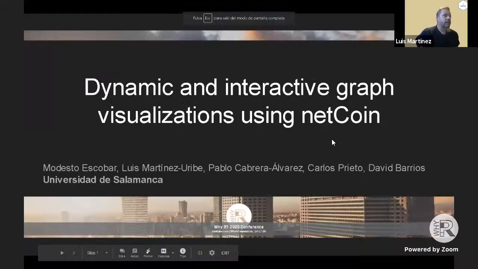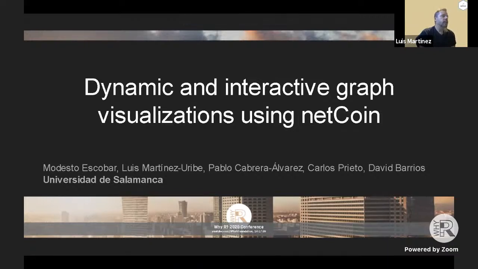So I'm Luis Martinez Uribe. I'm a PhD student at the University of Salamanca, and today we'd like to introduce an R package called netCoin that allows the creation of dynamic and interactive graphs. This is a joint project between many people. Professor Modesto Escobar, from the University of Salamanca, is the leading head, but there are many other colleagues working on